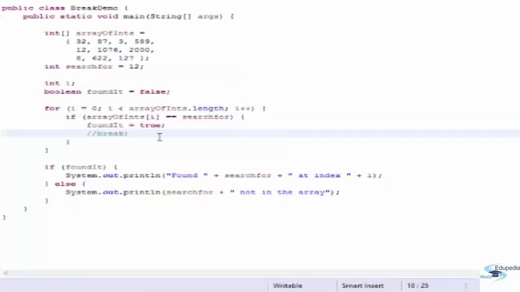Because if you are not putting a break statement over here, even if foundIt becomes true, it had already become true when the index was 4, but we are not breaking. So the loop keeps on running. Now if the loop keeps on running, i will become 5, 6, and so on till 9, and when it becomes 10 the loop will stop.